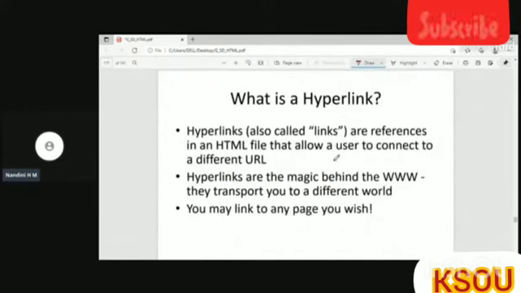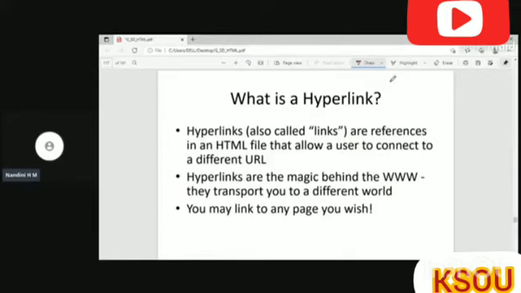Next concept is hyperlink. Hyperlinks are references in an HTML file that allow the user to connect to a different URL. So you are on a home page and there are different hyperlinks. When you click on a hyperlink, it will redirect you to other pages, right?